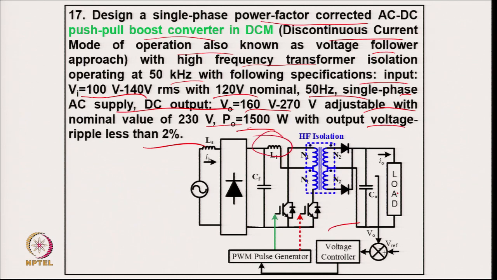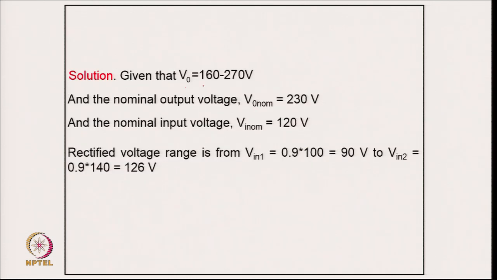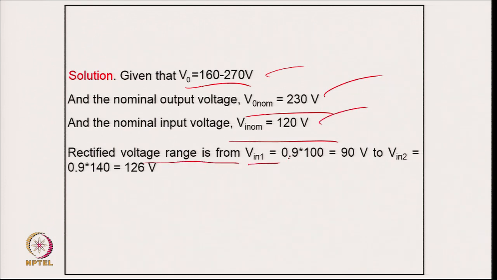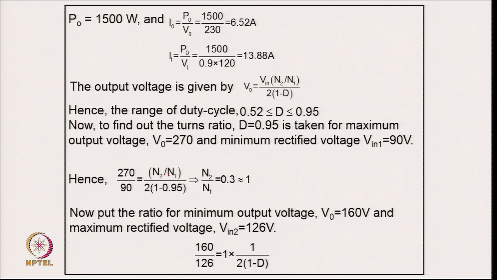This is a boost converter, and the given output voltage is 160 to 270, with nominal output voltage 230 and nominal input voltage 120. So, the rectified output voltage from the diode rectifier will be 0.9 times 100, that is 90, and corresponding to the maximum voltage of 140 it comes 126. For the output power of 1500 watt, the output current P upon V0 comes 6.52 ampere, and the input current comes 13.22,